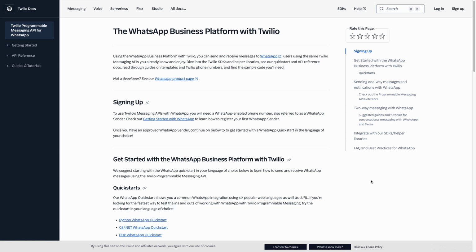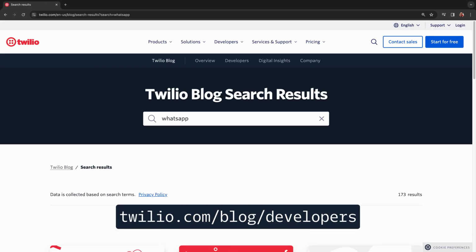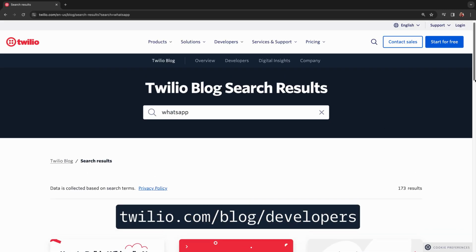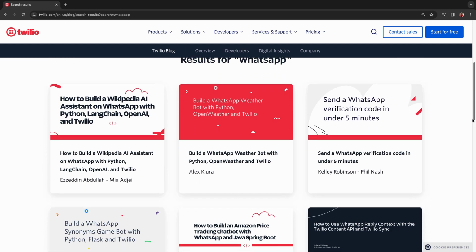preferred programming language. And if you want even more WhatsApp content, head over to the Twilio blog and search for WhatsApp. Here you'll find a bunch of articles written by Twilions and people from the community that will show you how to build really cool stuff using the WhatsApp business